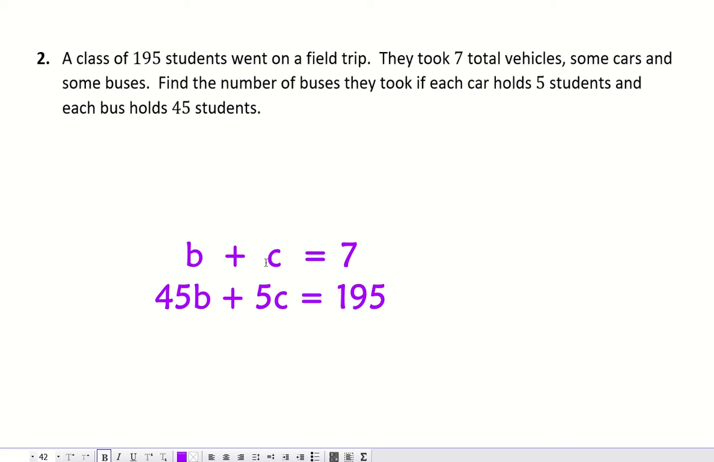So if you're going to do the elimination method, then if you're thinking ahead, you're going to want the C variable to cancel out, not the B variable, if you want to do less work. So you would want to make the opposites with the C's before you added the equations together. Anywho,